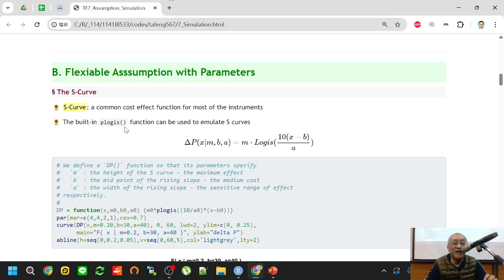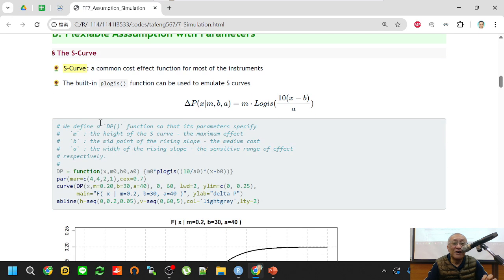As I said, we will assume that the cost effective relationship for any instrument is an S-shaped curve, and we can adjust the height, the position, and the width of that S-curve by 3 parameters called MBA. If we use this mathematical